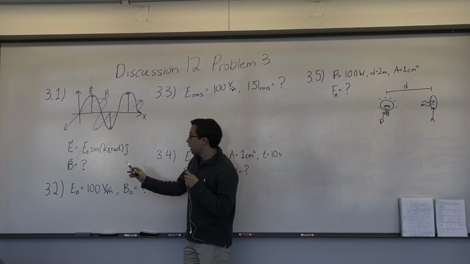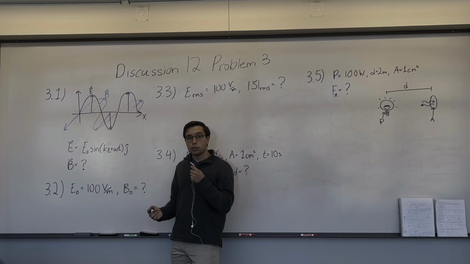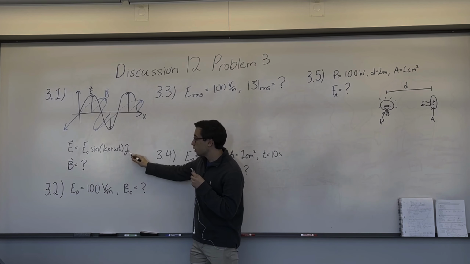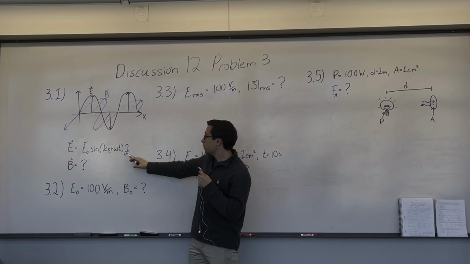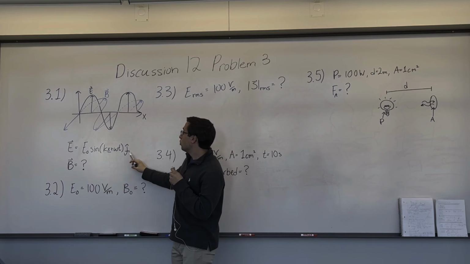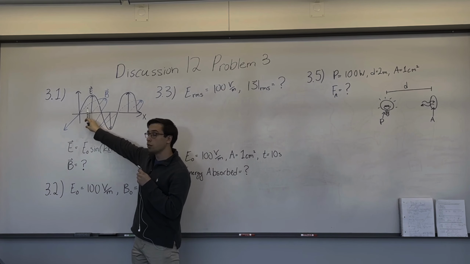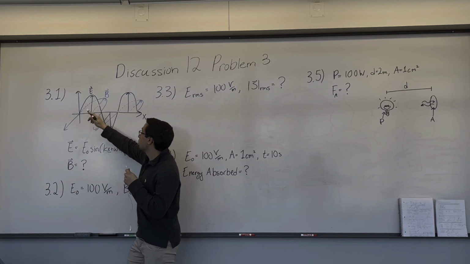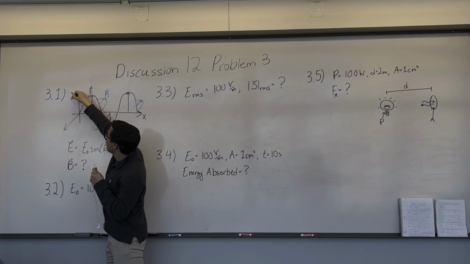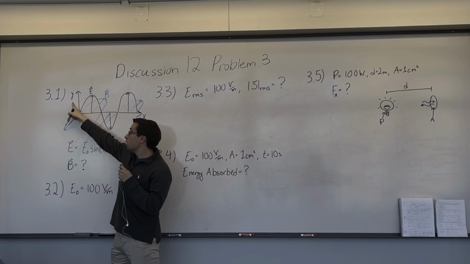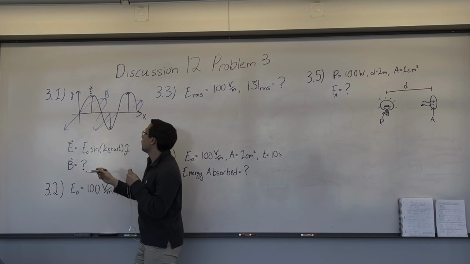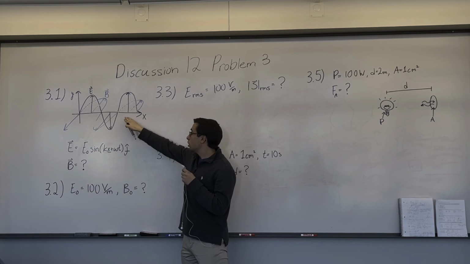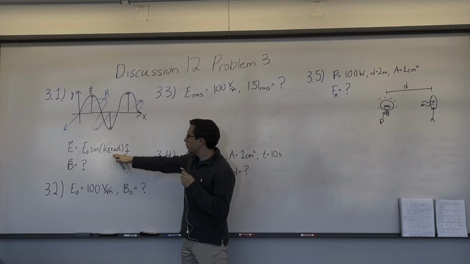Okay, now we also know the vector direction of our electric field, and that's given by this unit vector at the end here, j hat. J hat tells us that our electric field vector should be pointing in the positive y direction. To make our picture agree with that, I'm going to label this as our y-axis. Okay, now this picture for the electric field agrees with